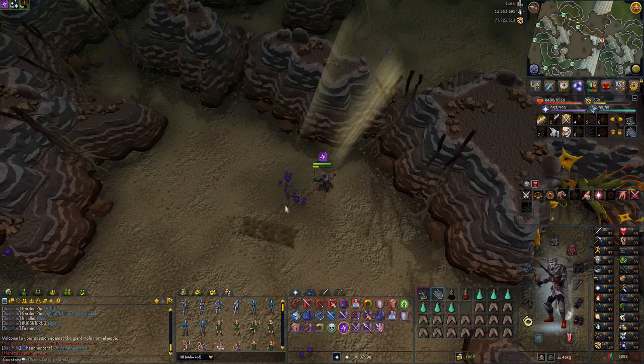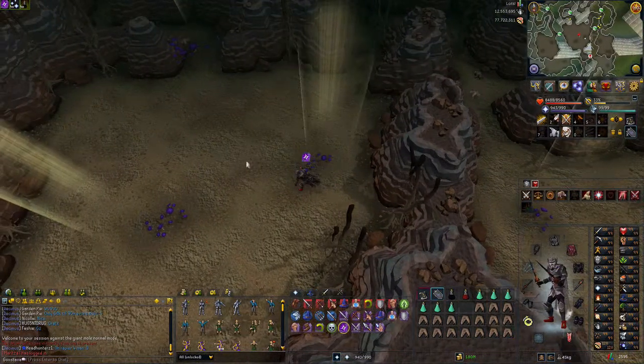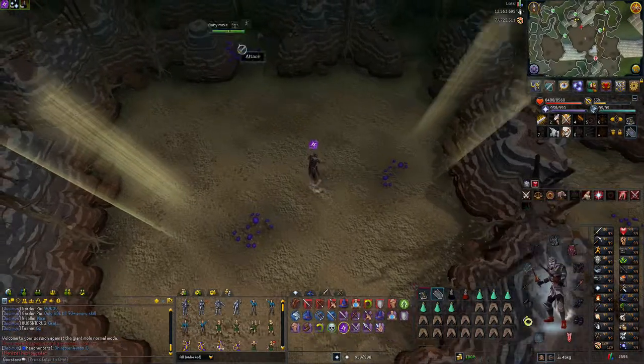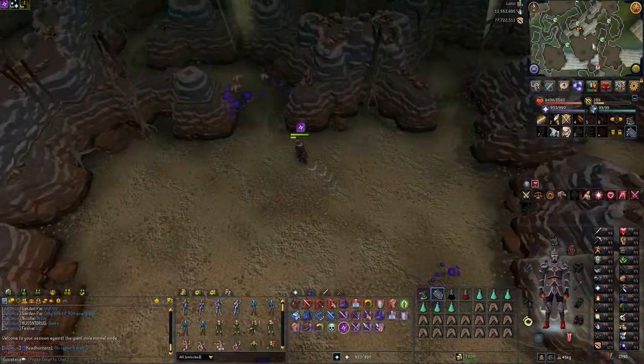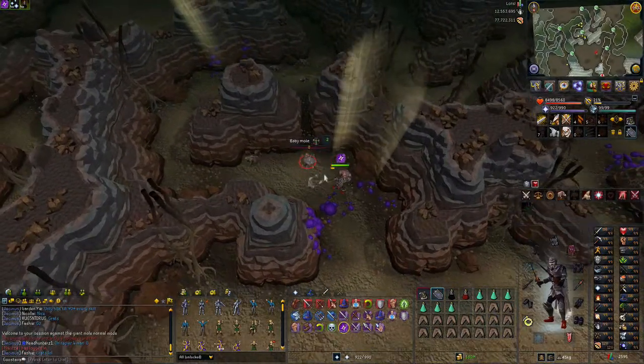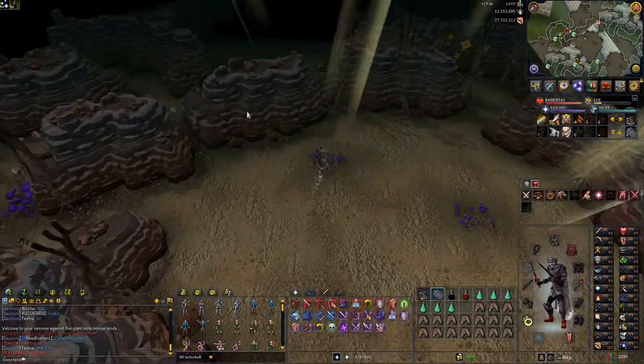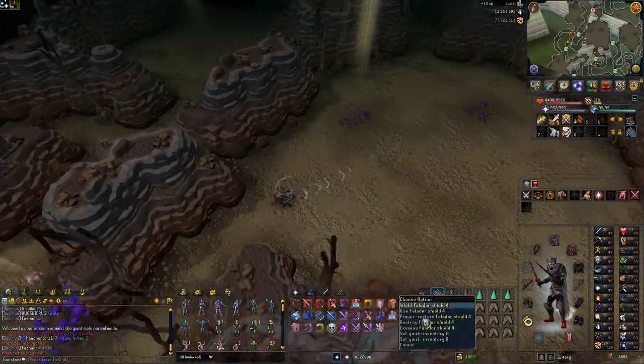So now, to actually get to the mole, there's now a much more visible entrance, and you won't have to bring any light source. Now you can start, there's a few options that you can actually do. So the first one is to start a new session, and this will basically create a new instance for you to fight in,